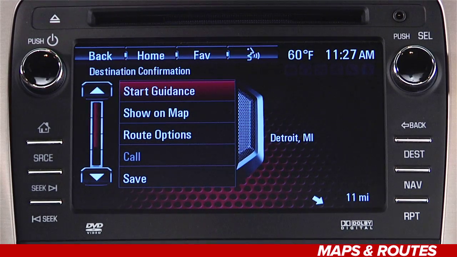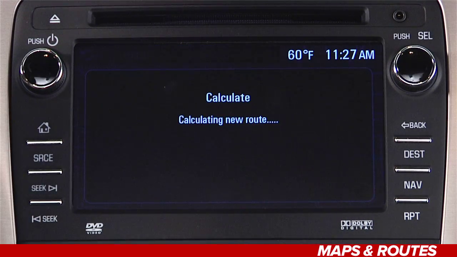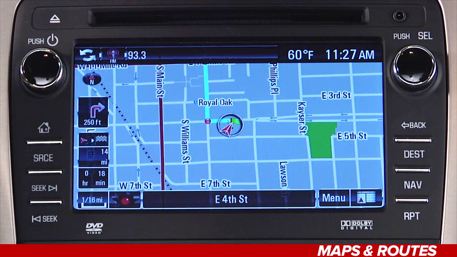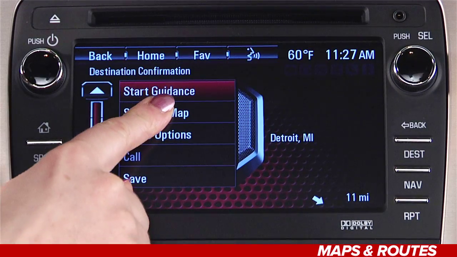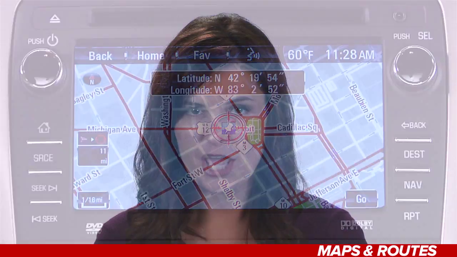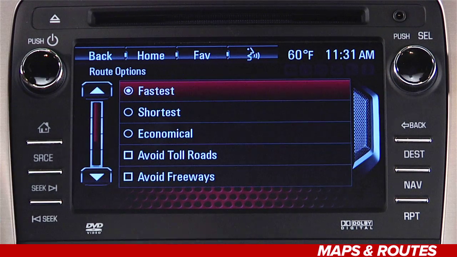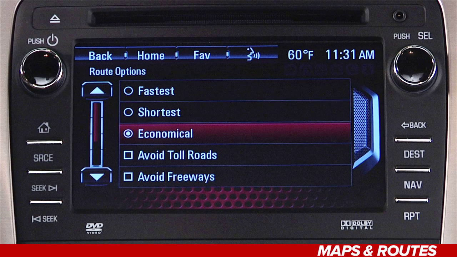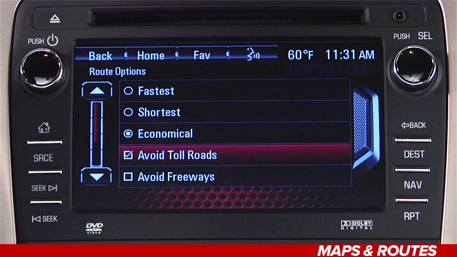Now, we've referred to the Destination Confirmation menu a few times. Let's take a minute to demonstrate how you can launch your route from this screen. The Start Guidance option is pressed to start the system on the calculation of your route. Pressing Show on Map will bring up a map view that shows you exactly where your destination lies. Pressing the Route Options button will allow you to choose the fastest, shortest, or most economical route. You can also choose to avoid toll roads,